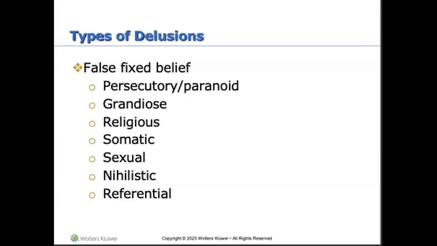Grandiose delusions are characterized by claims of being associated with famous people or that they're just wonderful and great and all powerful. I've had a lot of clients in the past with grandiose delusions. A lot of times they know people that are going to get you fired. Religious delusions are usually Christ-based religious figures, prophets. An example of that would be the client claims to be the Messiah or a prophet sent from God.